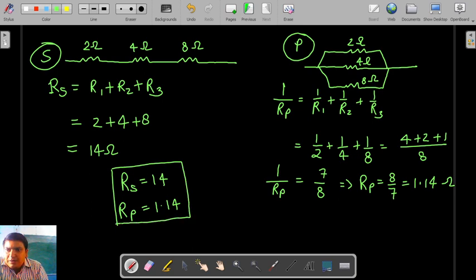So it is very clear that if we take identical resistances in the same combination of series and parallel, if you have taken any three resistances of known or different values, and you connect them in series, then you will get a very large resistance, and if you connect them in parallel, then it will be very low resistance. So it is quite clear that if the resistance is high, then current will be low. And if the resistance is very low, then current will be high.